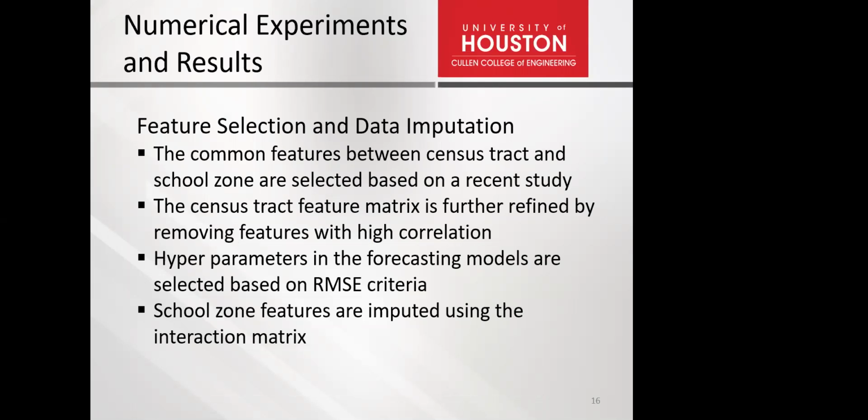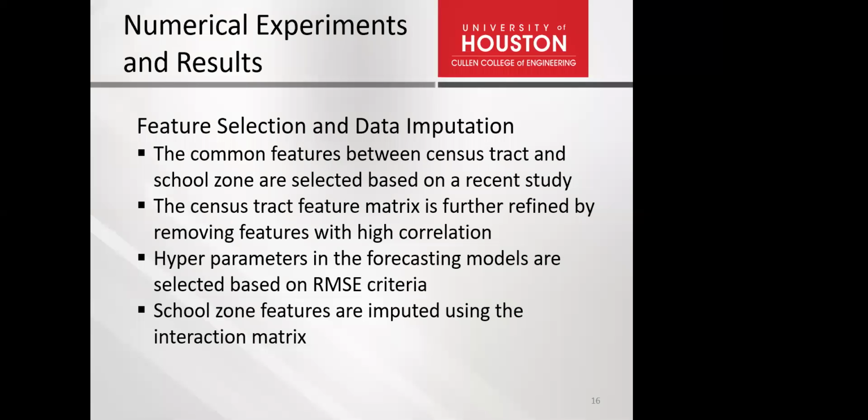Another important question that we pointed out earlier is how do we select which of the 5 common features we should select when we are mapping the demand of the census tract and school zones. Based on the recent study that we did with our collaborating partners at UT El Paso, we find that the racial demographics of the African American population and the economically disadvantaged are the 2 strong features that are most closely related to the vaccination demand. So those 2 we select when we are mapping the common features between census tract and school zones while estimating